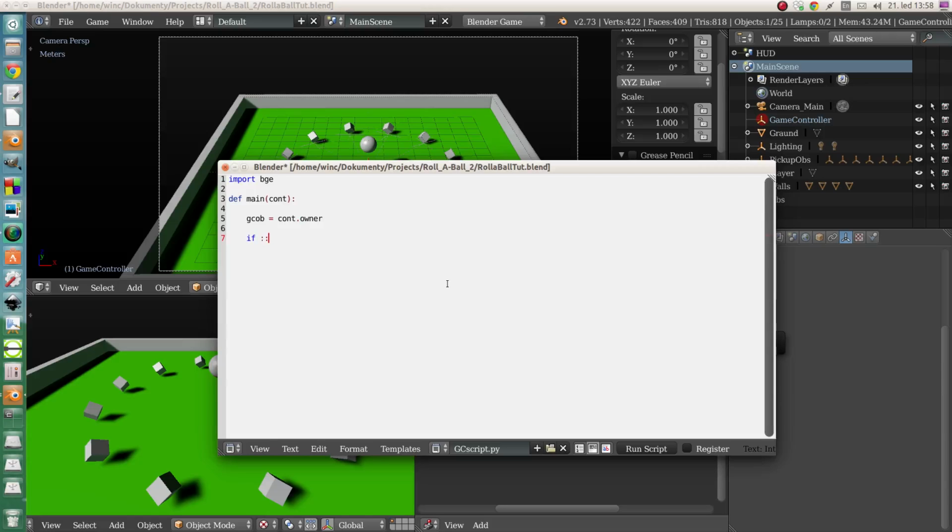If HUD not in GCOP, in our game controller, we will find it through the scene list. So we will define some C list. This will be a list of all our scenes. So bge.logic.getSceneList,